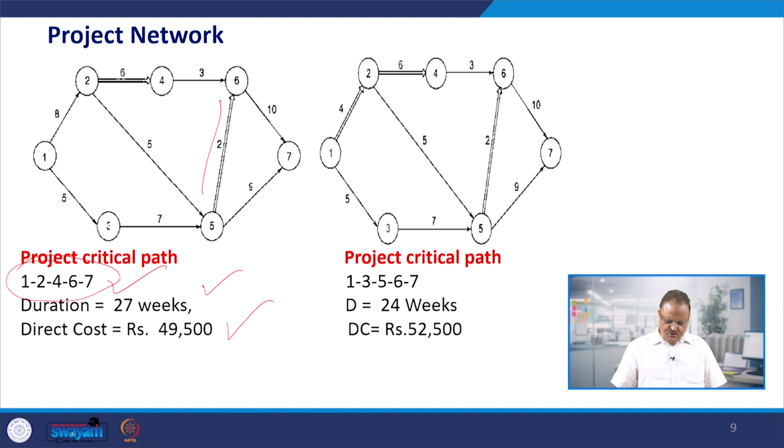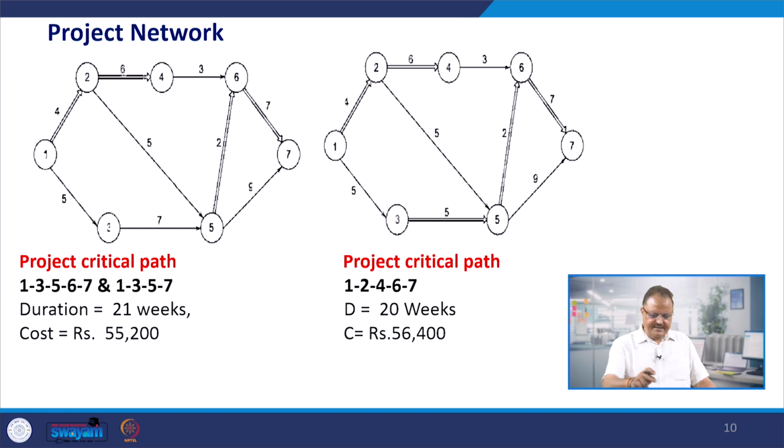Once we crash this, a new path comes up as 1, 3, 5, 6, 7, and the duration becomes 24 weeks and the cost becomes 52,500. So, mind one thing, duration is getting down and the cost is going up. This is a direct cost. So, this is the inverse relationship. It is happening here. Then we go for the next step,